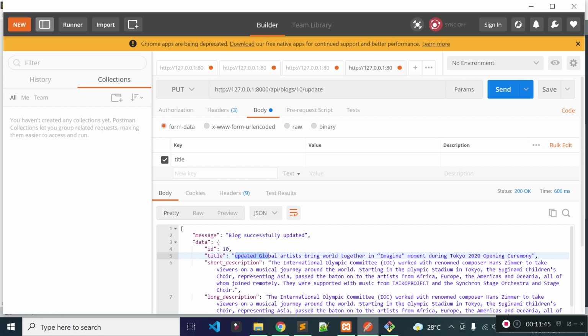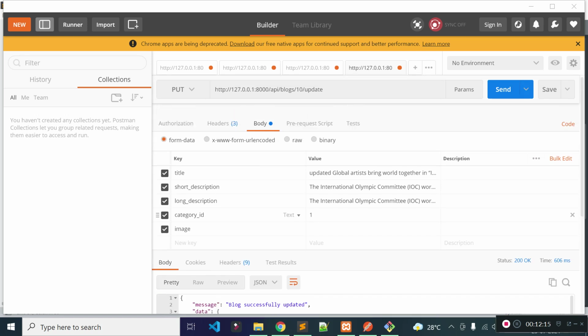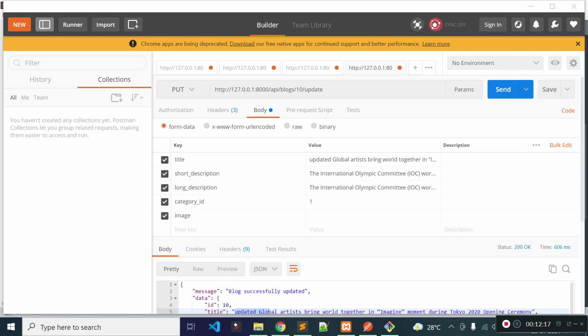Okay, so if I want to pass file data through form data, how can we do this? For this I have a trick. Suppose I need to pass the data through form data, how can we achieve this? First of all, let's add title, short description, long description, category ID to this form data for this endpoint. I'm adding these one by one. You see, I provided all the data as key-value pairs. Now let's try to execute this endpoint with this form data.